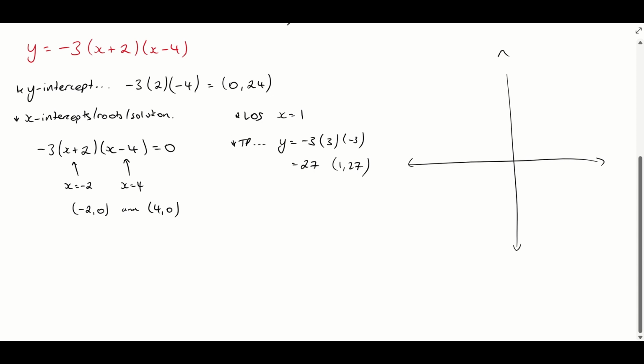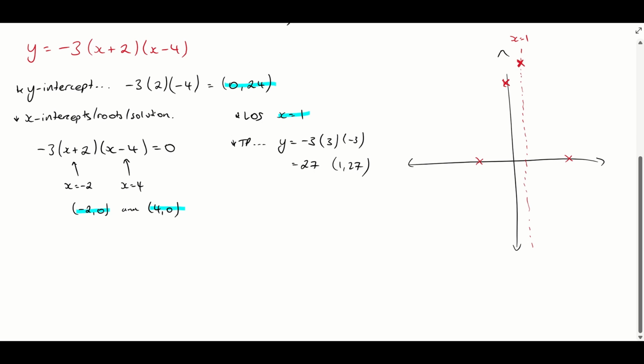And if we were to graph this, we have our y-intercept all the way up at 24, so that's quite a long way up. So that was our y-intercept, I'll highlight that. Then we have our x-intercepts at -2 and 4, so that might be here and maybe out here. Our line of symmetry, which is halfway between those two roots, is going to be at 1 here. So that line of symmetry there, that's at x equals 1. And our turning point sits on that line a little bit higher than our y-intercept, all the way up here